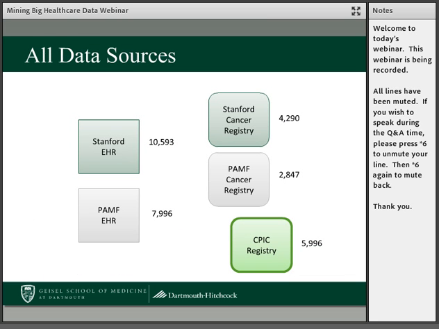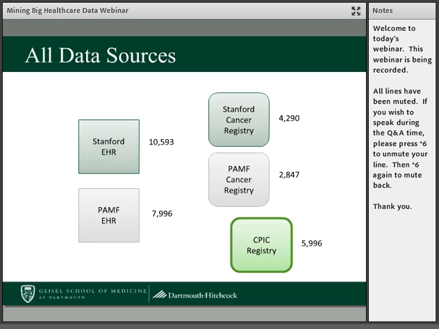So what we did in terms of trying to figure out how to gather a cohort of patients who had breast cancer, we had to think about the variety of sources of data and truth that was out there. So if we went to our Stanford electronic health record system and made a query and said, how many patients have had an ICD-9 diagnostic code of breast cancer, we'd get about 10,000 patients. If we went over to PAMP, the other site, and asked the same question, we get about 8,000 patients who had that code.